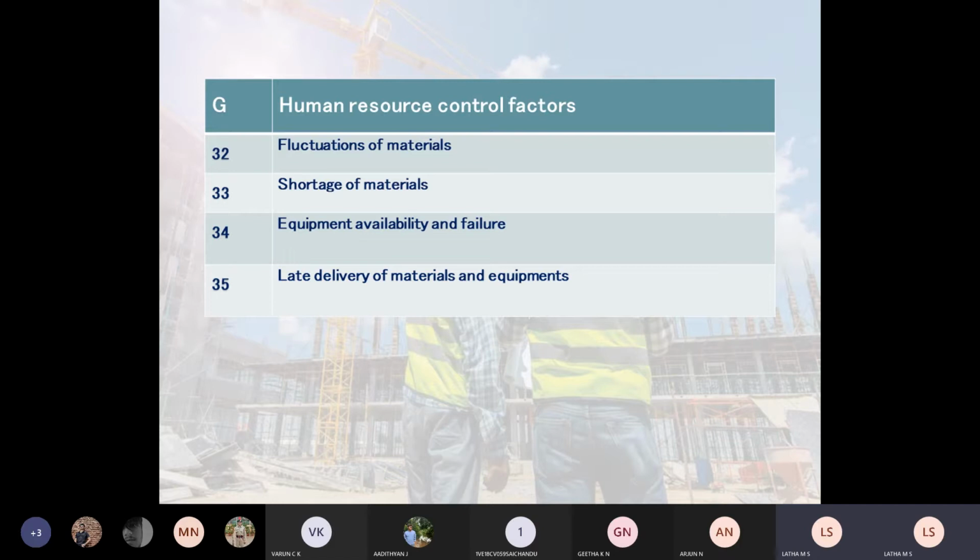Quarry dust, quarry sand we go for. Quarry sand nowadays is available, and due to high rates and low rates, it will change, it will vary, and shortage of materials comes into the picture, right? And also equipment facility is not available, and sometimes they say equipment is undergoing breakdown, it may not be running today, it will take a day's time to get repaired. So you should understand as an engineer, as there is a delay, money is just going away out of your hand.